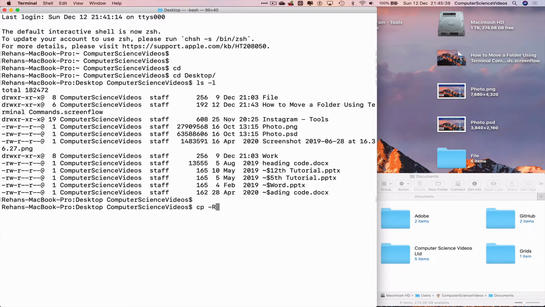-R, which I will explain after I have typed out the whole command before I press enter, tilde, which is option N, slash Desktop, tab, and then file, tilde again, option N, slash Documents, and that will copy the file folder from the desktop to the Documents. And so